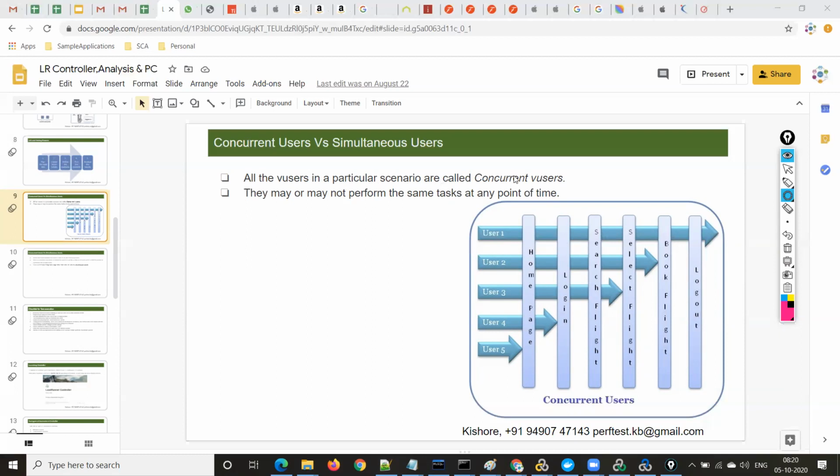They may or may not perform the same task at any instance. One user is performing home page, one is performing login, and one is performing logout. Is this understood?